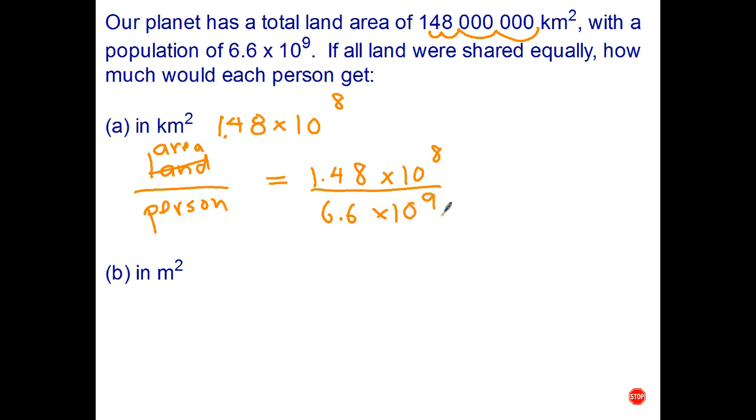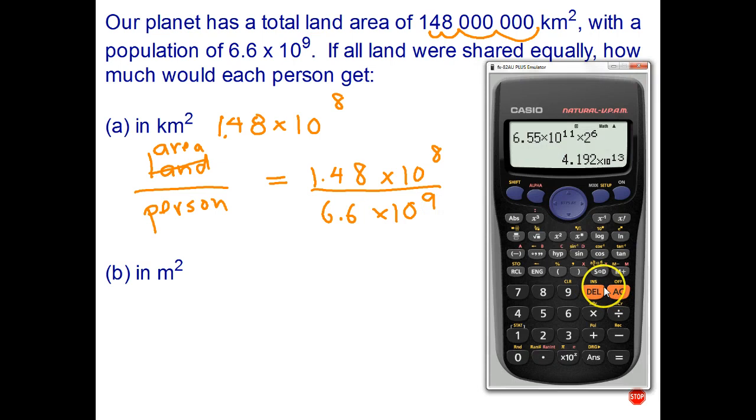Okay, let's go ahead and use our calculator to work that out. Clear. Once again, we need the fraction bar, 1.48 multiplied by 10 raised to the 8th power, arrow across and down, 6.6 by 10 raised to the 9th power. Quick check. Yes, all that looks good. And equals, and turn it into a decimal. And each person gets, I'll do it to 4 decimal places,